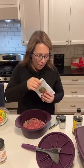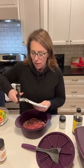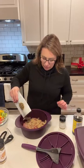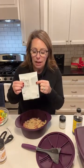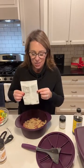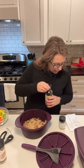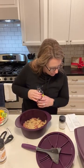So I'm gonna show you tonight one of our meal solutions. Again, one of my must-haves when it comes to Epicure is our meal solutions. This is where the seasonings are already pre-mixed for you for your meal. So beef and broccoli stir fry is a family favorite, although we customize it. By that, I mean the on-pack recipe would have you use beef strips and broccoli. We prefer the texture for my son to use a lean ground meat. And then I'm just gonna add in a little bit of our favorite,